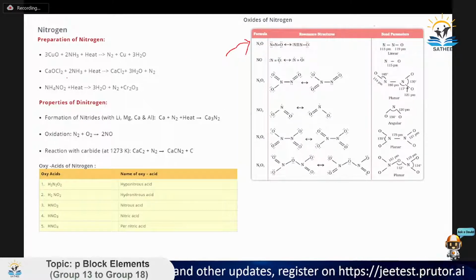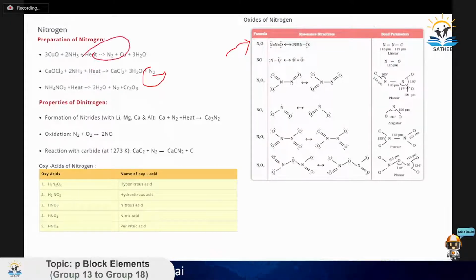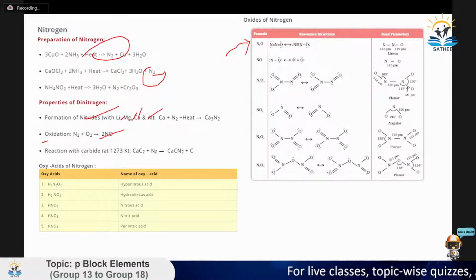Now, preparations of nitrogen are very straightforward reactions. You take CuO and ammonia, heat it, and it gives you N2 and Cu. You take CaOCl2 and ammonia, and that gives you CaCl2. And you can take ammonium nitrate, heat it, and you will get N2, dinitrogen. Then, the properties of dinitrogen: on oxidation, it gives NO. It forms nitrides with lithium, magnesium, calcium, and aluminium,